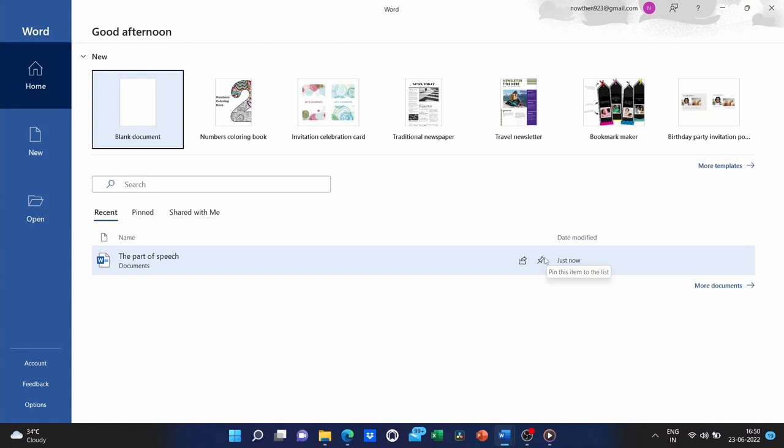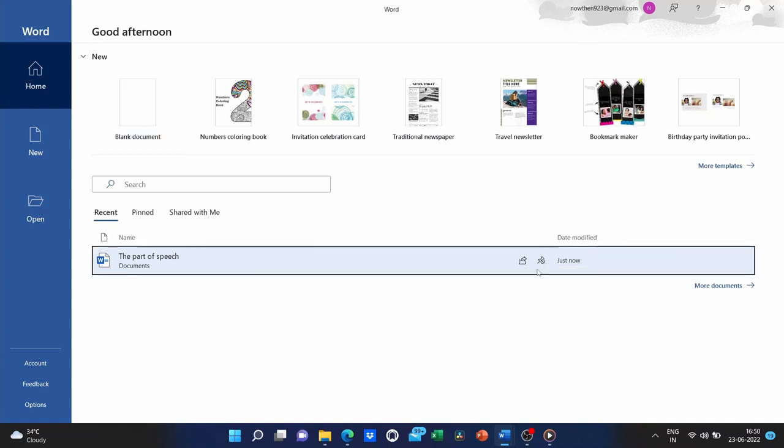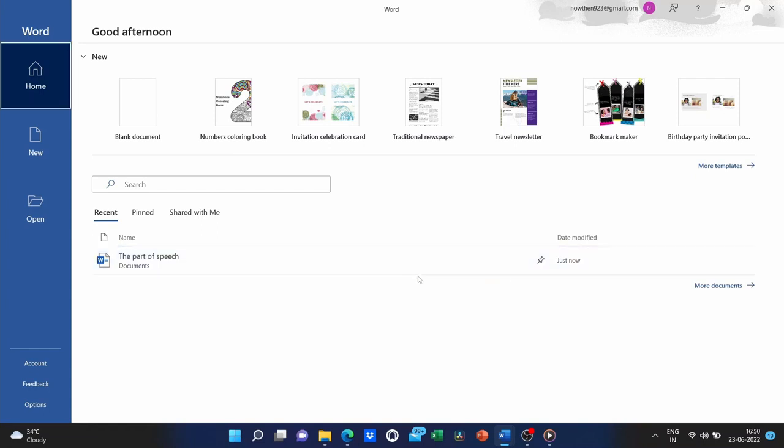If you put your mouse on it, look, there's a little pin. And if you click the pin, it will pin this particular document to the top of the list. Now I know right now I just have the one document, but imagine 500 documents. This document would remain at the top of the list because I pinned it. So that's a little trick that I think is helpful to know.